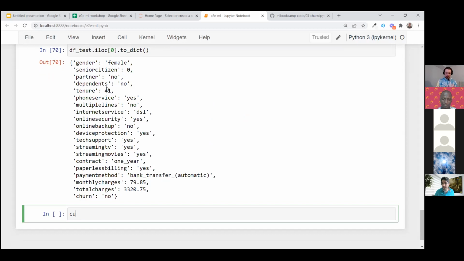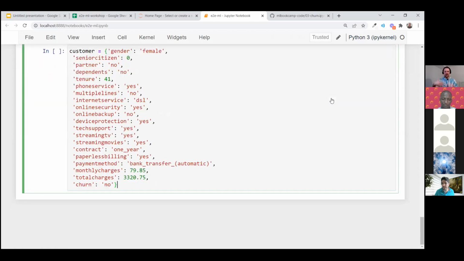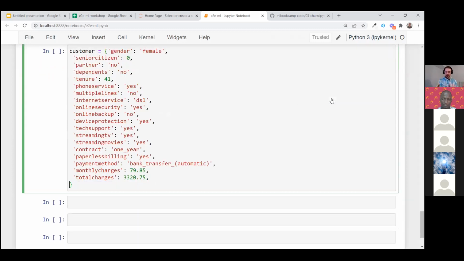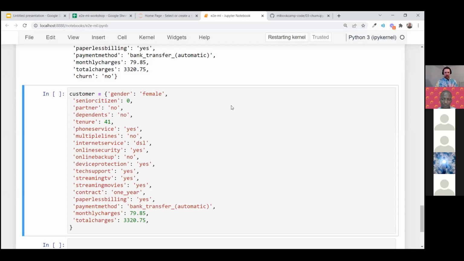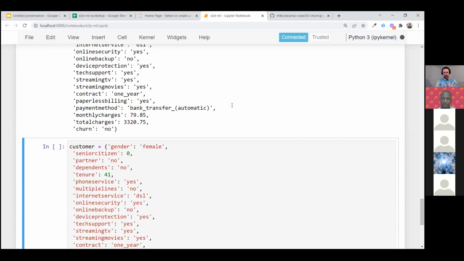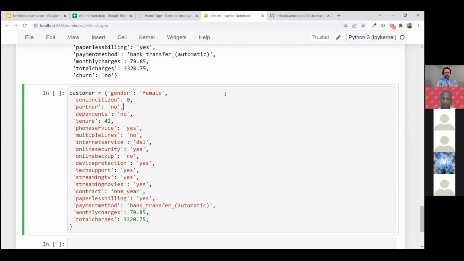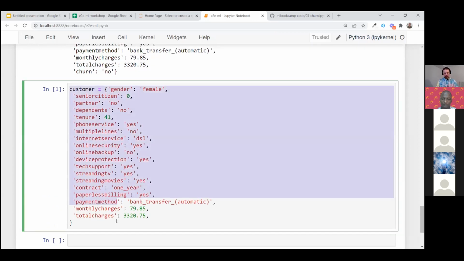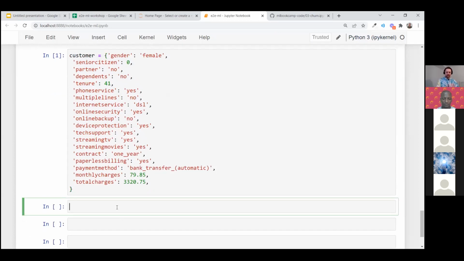And what I want to do now is restart my kernel. When I do this in Jupyter, it's as if I start a new process. So everything I have done so far will be lost. This is on purpose, because I want to show you how exactly to apply the model. The first thing I will do is load the customer, which I just specified, because this will be the customer we're going to use for testing.